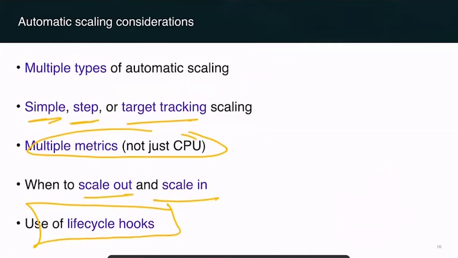So we look now to create a scaling policy for Amazon EC2 auto scaling. Another thing is to scale your DB. Now